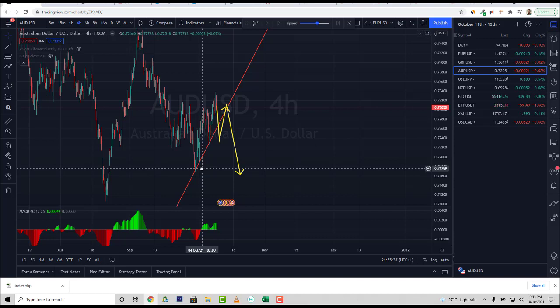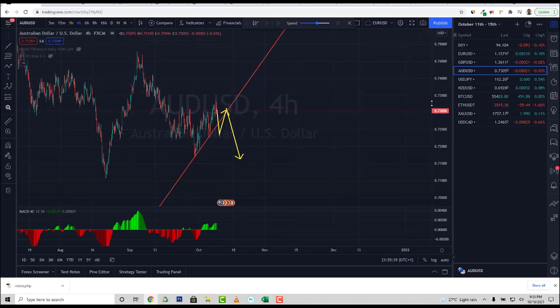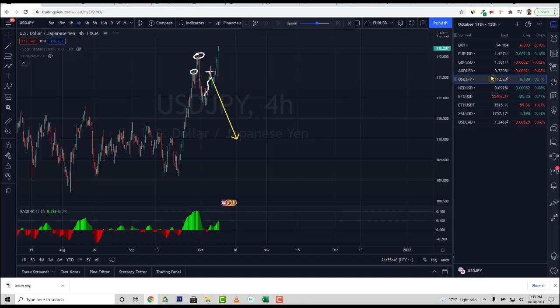Okay, so let's move to the USDJPY. Now the USDJPY, we said that it was going to go down last week. Unfortunately it didn't. All right, so I'm going to own it. This really moved unexpectedly upwards instead of down,